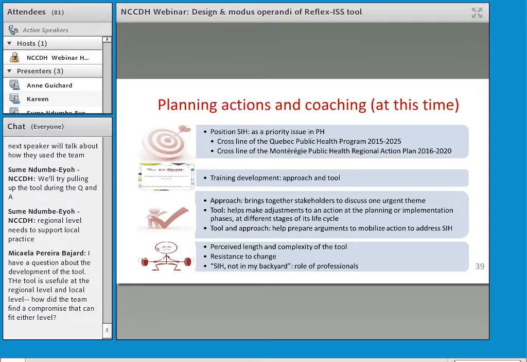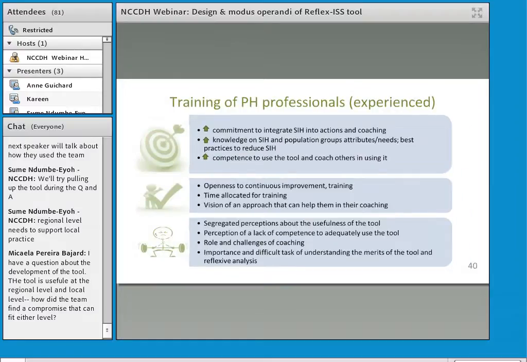And we really work on how they perceive the tool. Maybe it's long, but it's long because it's a tool that brings people to think about their practice, to talk about their practice. So it's not long to take a pause and to talk about what you're doing and to see if you're in fact increasing social inequality by your action. So there's a lot of talk to try to stop those obstacles, or perceived obstacles, by different actors. So that's the first part we're doing, the planning action.